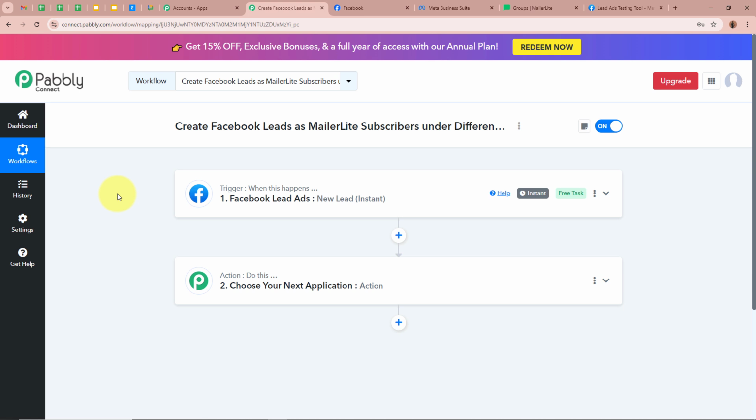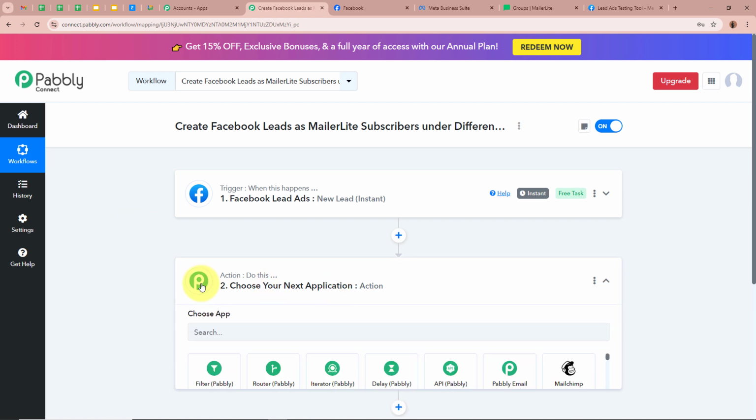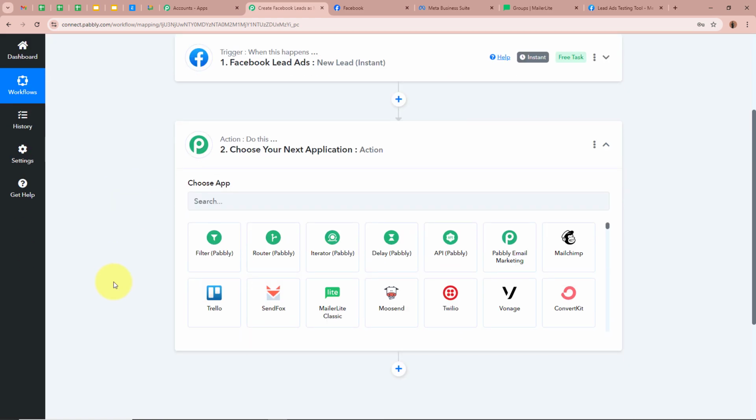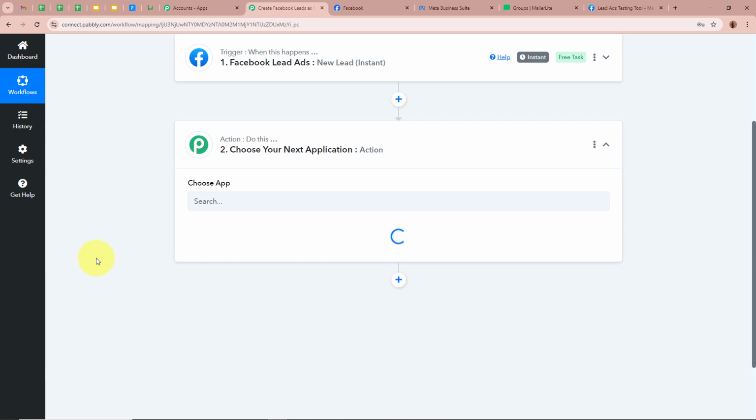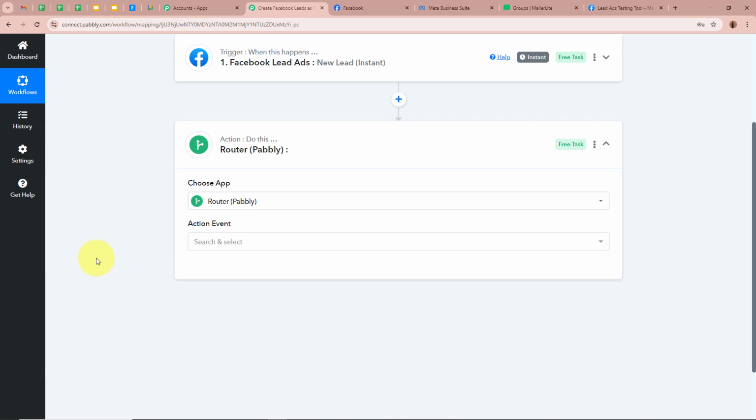Okay. Now our objective is that whenever a new lead is generated, we want to add that lead as a subscriber under different groups in our MailerLite account. So now we're going to set up our action step for doing that. And for the action application, we are going to select Router by Pabbly. With the help of Router by Pabbly, we can conditionally run this workflow according to the conditions that we are